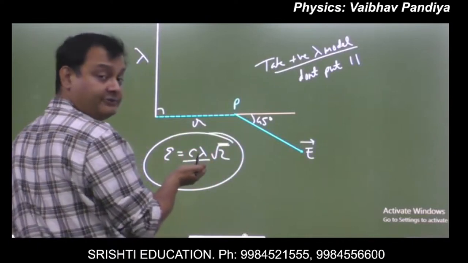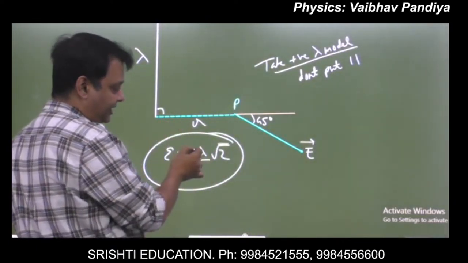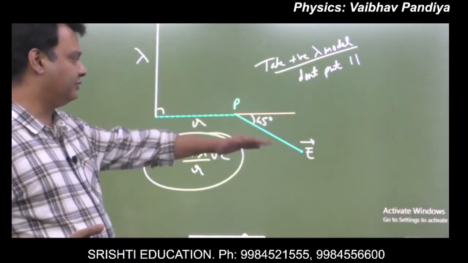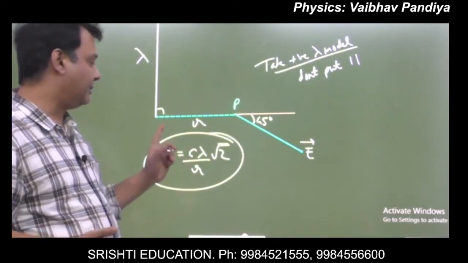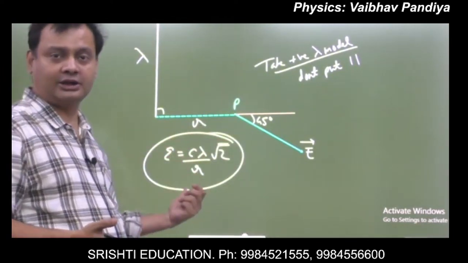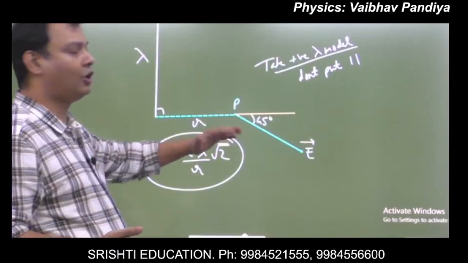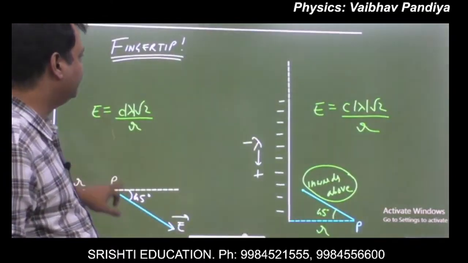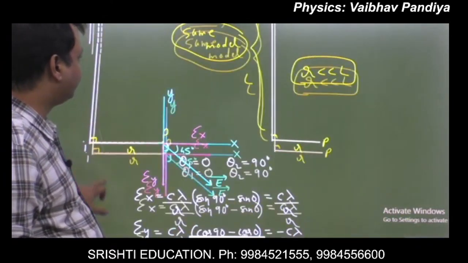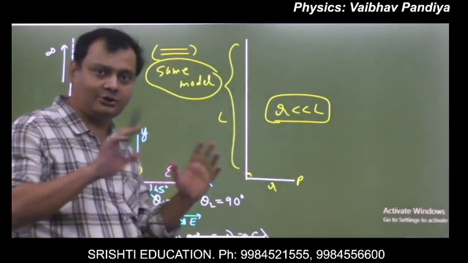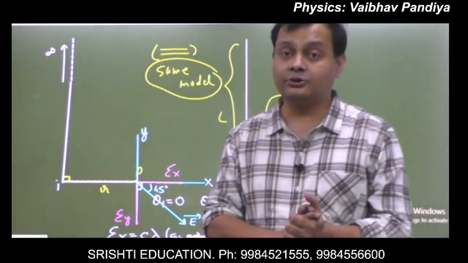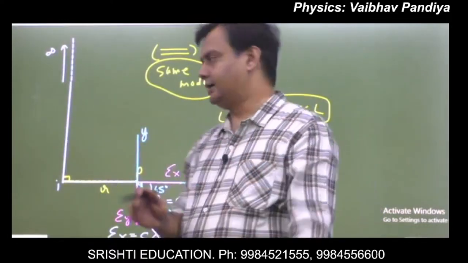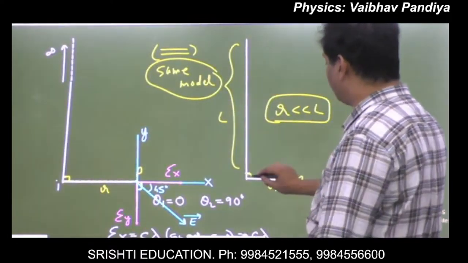So if lambda is positive, E will come to be positive, which suggests what? The actual direction of E will be the same as the indicated one. If lambda is negative, E will be negative, which suggests what? The actual direction of E will be opposite to the indicated one. Okay? So this is how we have seen the three fingertip formulas. One is due to a finite rod along the perpendicular bisector, one is due to an infinite rod, one is due to a semi-infinite rod at the end. And the same model will be applicable for this thing at the end if R is much